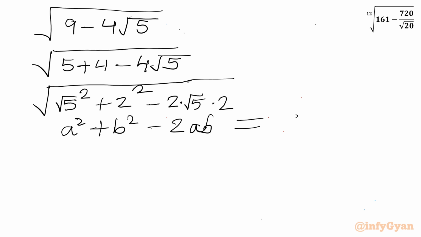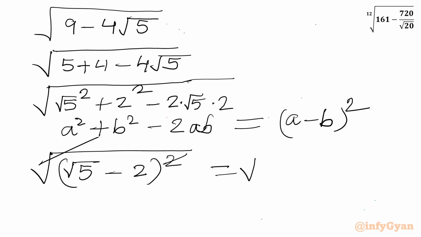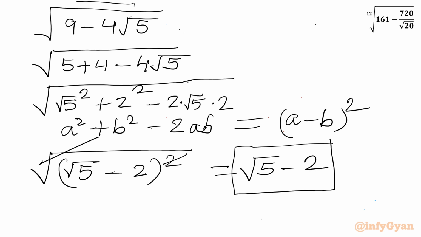So in this place we can write a minus b whole square. So I will be writing square root of square root 5 minus 2 whole square. Let us replace this value square root 9 minus 4 square root 5 by root 5 minus 2. Now I can write our x as